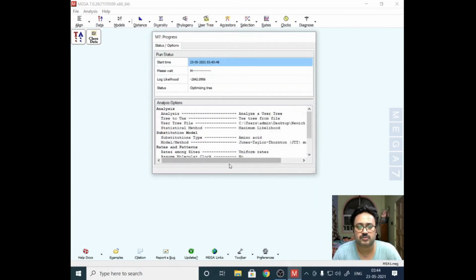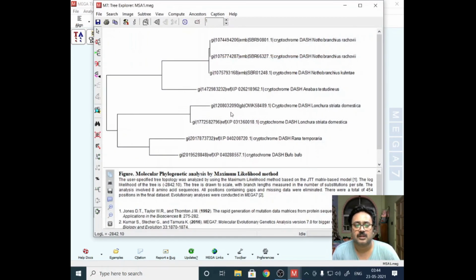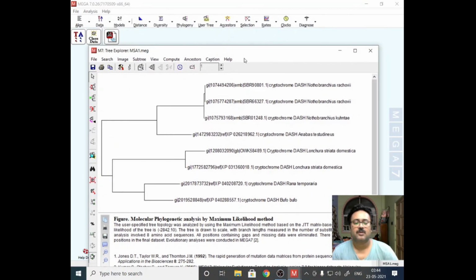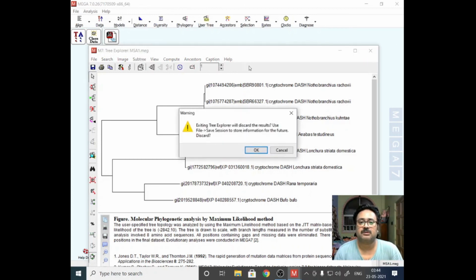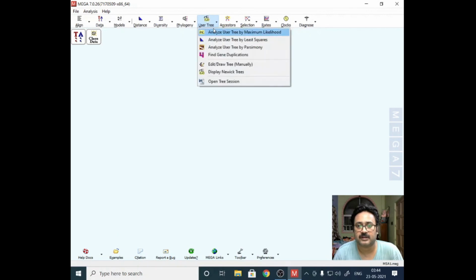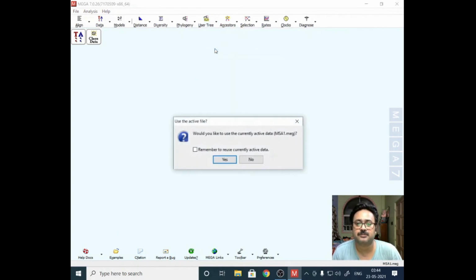So if you show them this, they will check whatever we had created. Now what you can do here is, you have already prepared this using maximum likelihood, right? So now you can analyze user tree by parsimony.